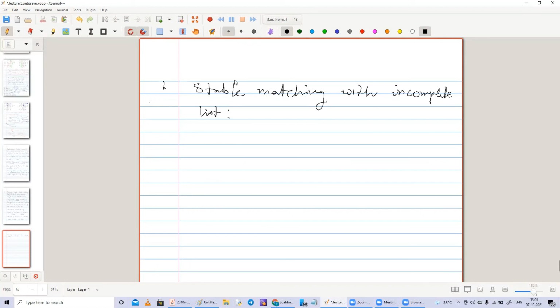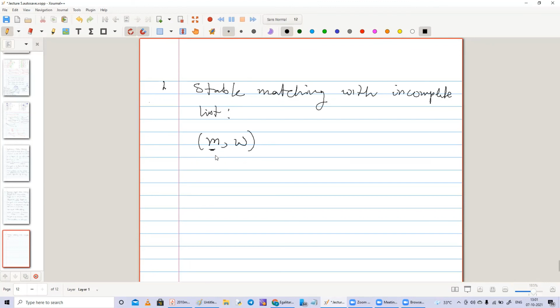Each man has a preference list over every woman on the other side, and each woman has a preference list over every man. But it may not always be possible. It may happen that for some M and W,